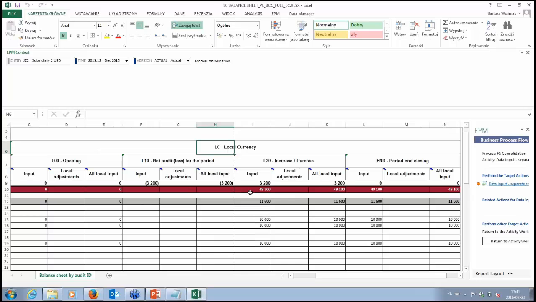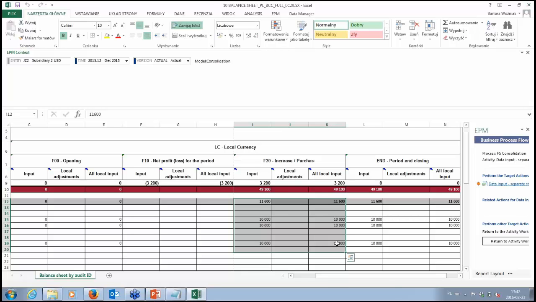These values are placed not in opening balance but in flow 20, which is responsible for increase in purchase, because it is assumed that we have acquired this company on the last day of the previous year. That's why we have to distinguish to also convert these values at different exchange rates.